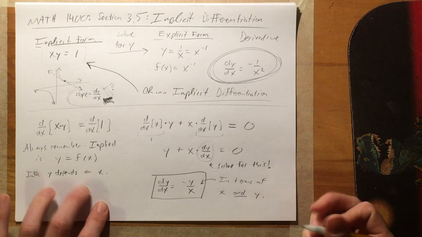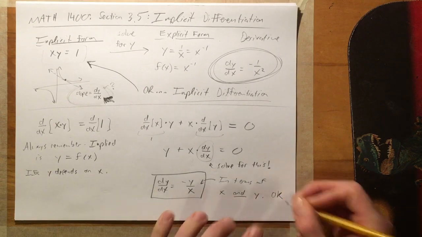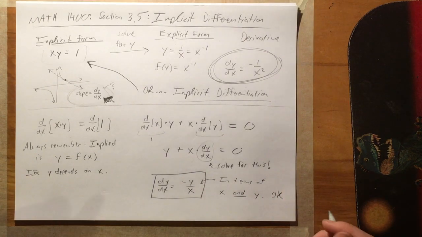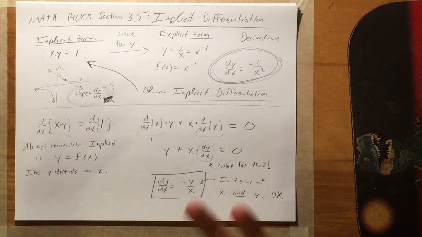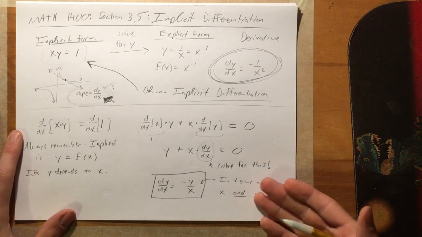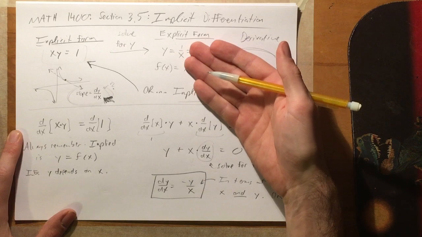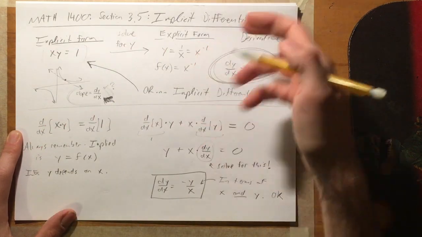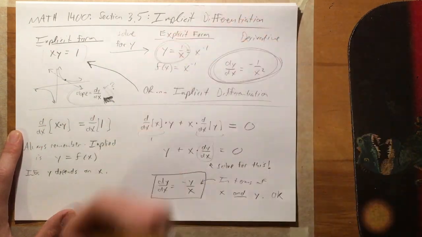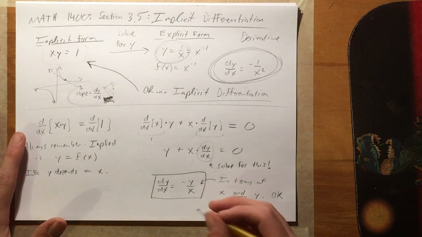That's usually okay when you're doing this type of differentiation. But if possible, it is nice to eliminate the y by replacing it with some function of x. Generally the only way to do that is if you either started with an explicit format or if you get it into an explicit format. So if we go in here and replace the y with 1 over x,